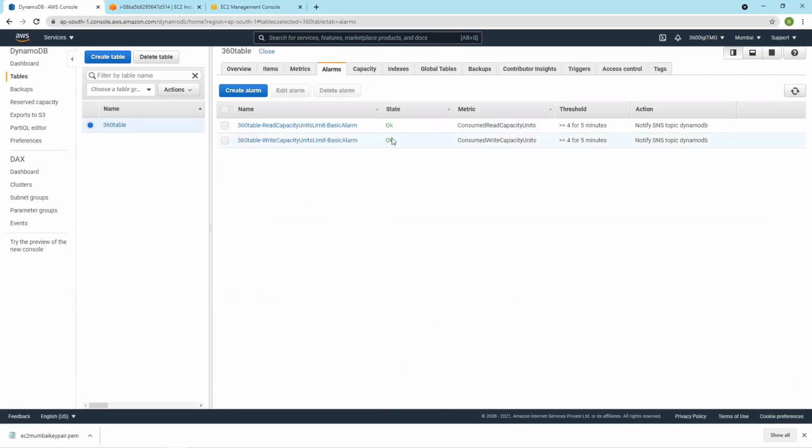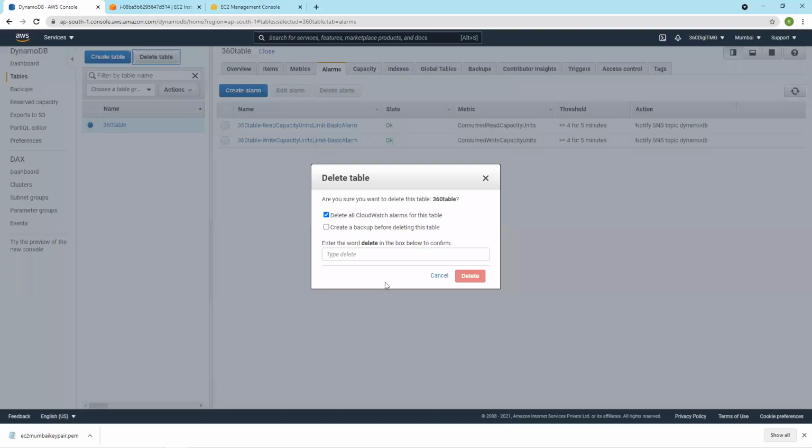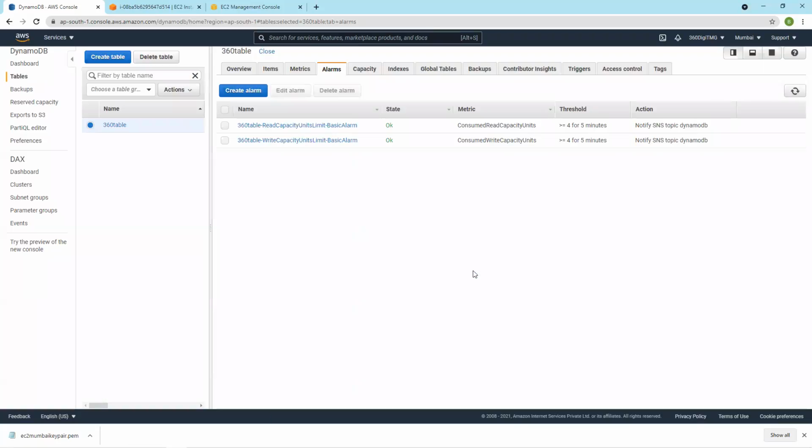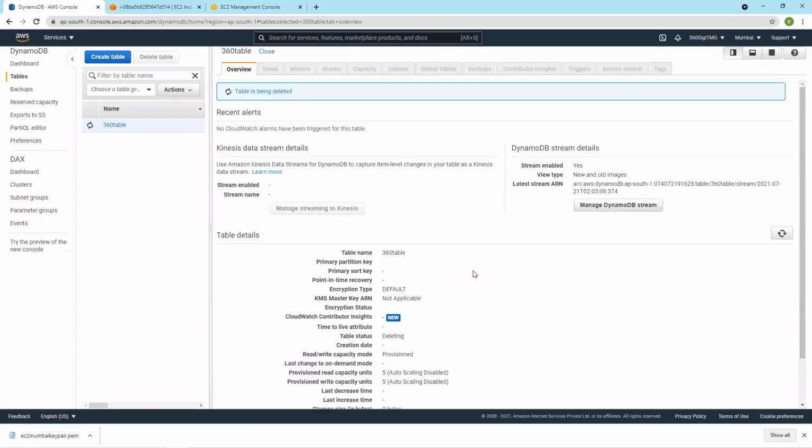So they came with the DynamoDB table. Let me delete this table. Delete. Go to CloudWatch.